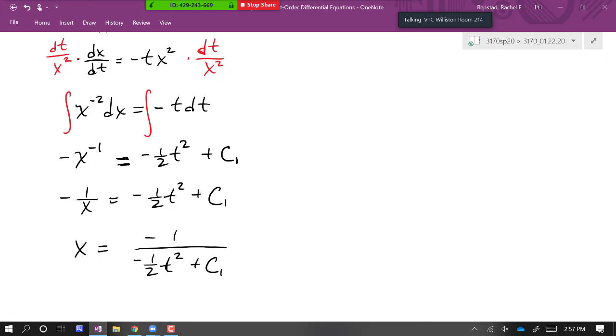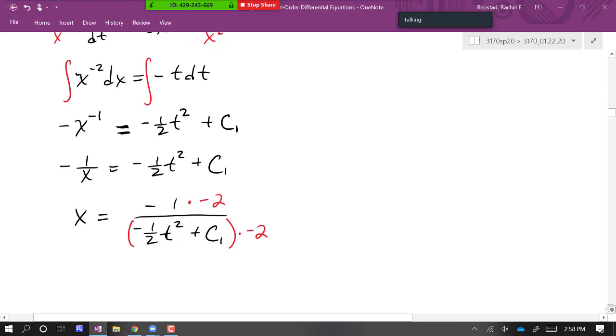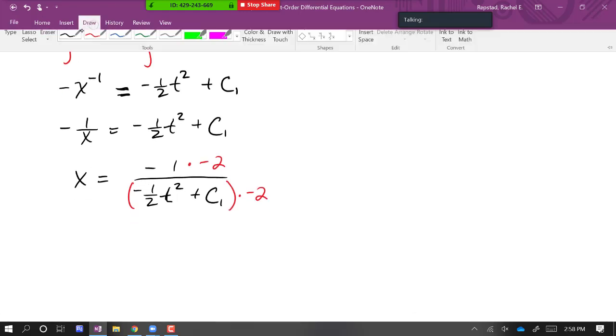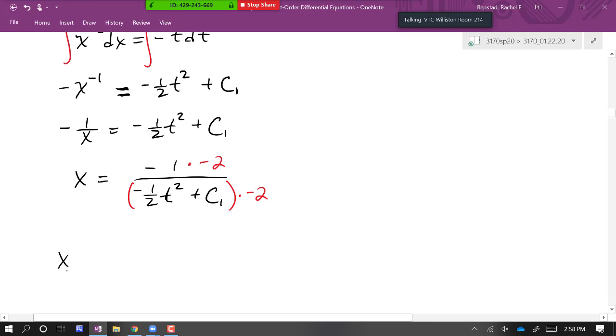That's not really simplified. It's not very satisfying to look at. So let's clean it up a little. I don't like fractions within fractions. Nobody does. So let's take care of that. I'm going to multiply top and bottom of this right side by negative 2. When we do that, now I've got my function x of t, which is positive 2 over t squared